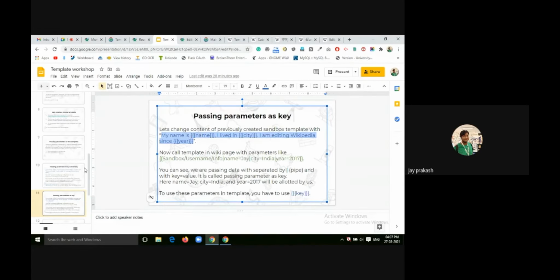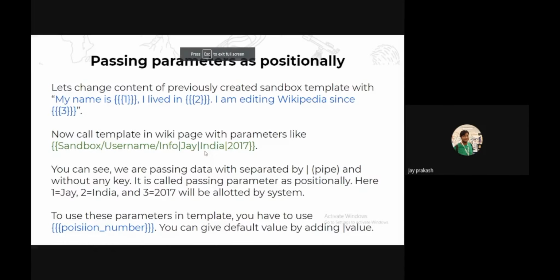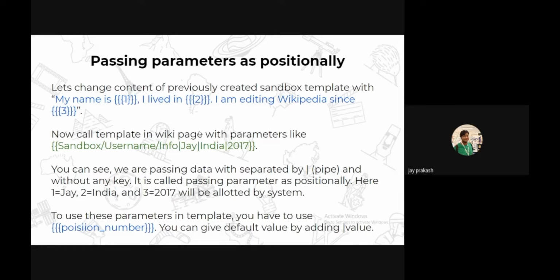First is positionally. In positional passing, we pass the parameters as positions, like 1, 2, and 3. When we need to call the template, we pass the parameters in order: the first double curly brackets and the name of the template, and then one pipe.